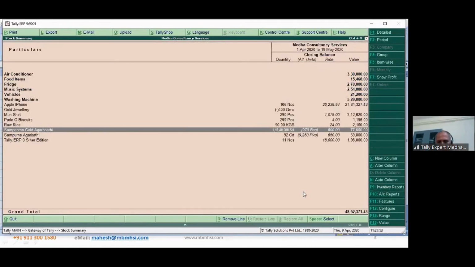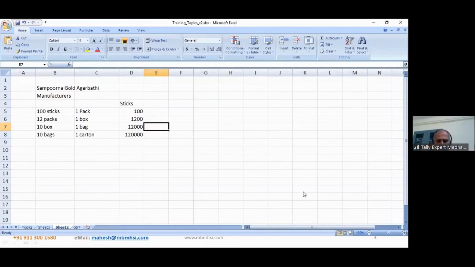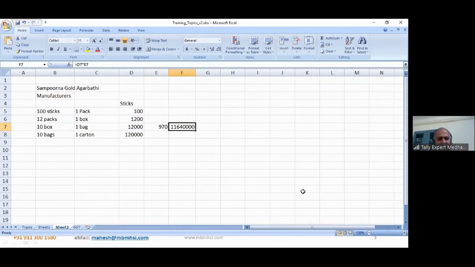It is showing 1,16,40,000 sticks in 970 bags. Is it perfect? So typically if it is 970 bags, this is equal to this into 970, which is exactly 1,16,40,000 sticks.